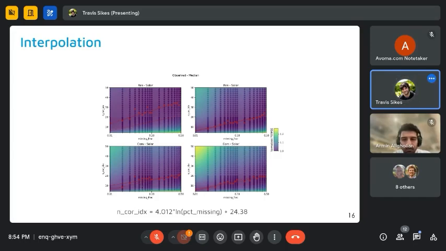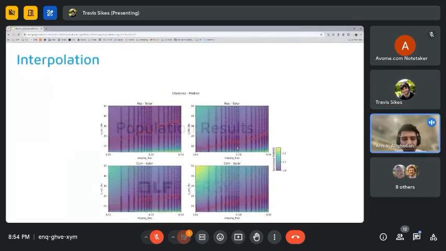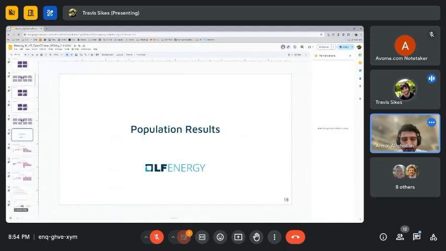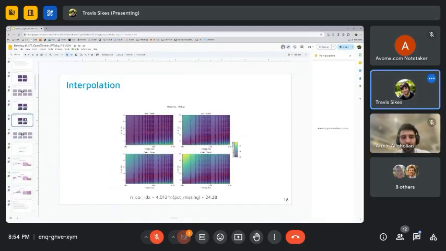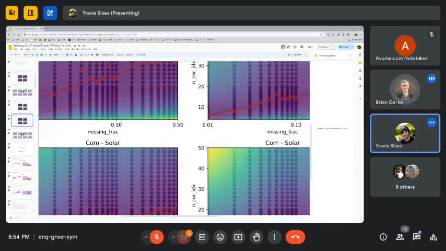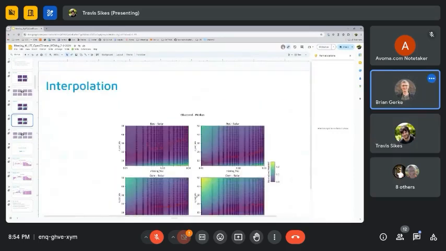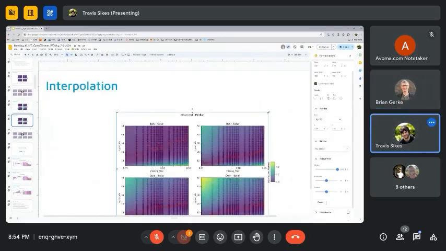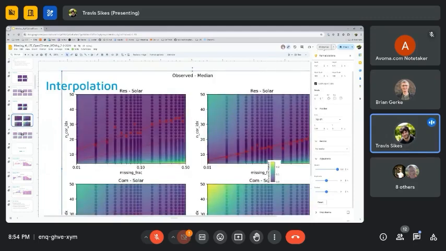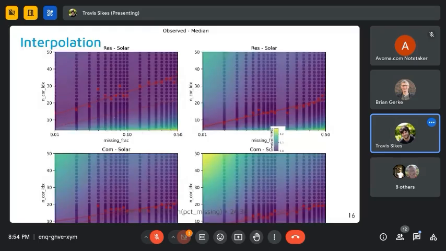Can I zoom in? Yeah, I wanted to say, can you zoom in on that? Or just make the image bigger on the slide or something, because it's really hard to see. All right, I'll just make this bigger. There we go. It's not quite as nice, but you can see the image better.